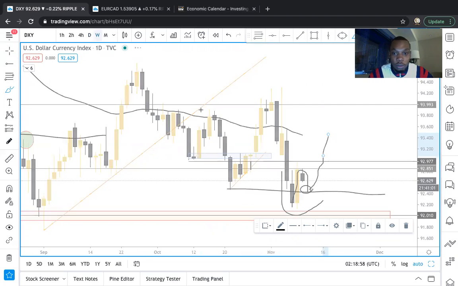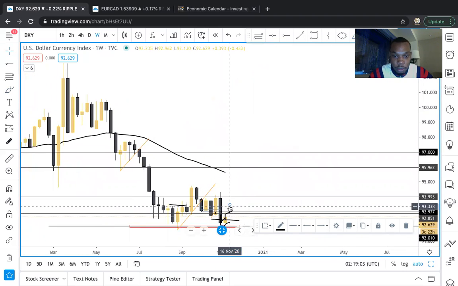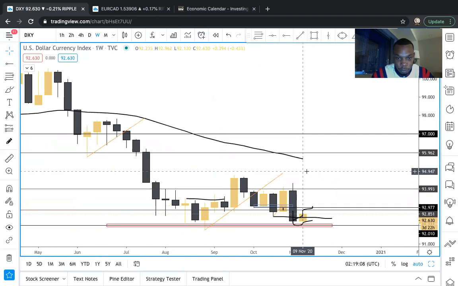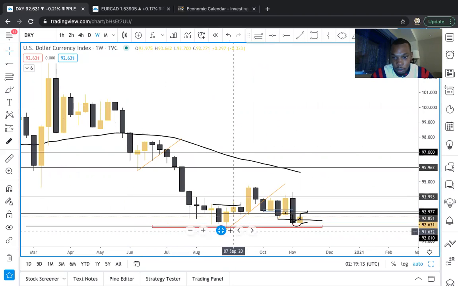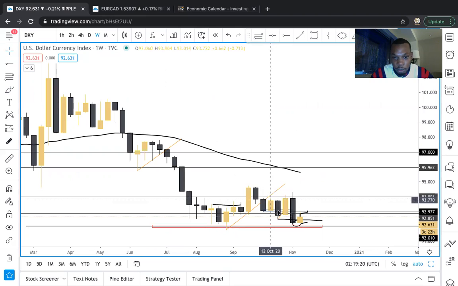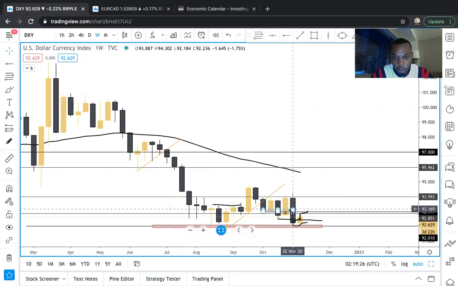Overall, looking at this on the weekly, you can see that the market is bearish. Let me just zoom in. So the overall trend is a bearish drop. Market came down towards 92.60, pushed up towards 94 resistance, dropped, pushed up towards 95 resistance, dropped, pushed up towards 94, rejected, bearish engulfing, shooting star, engulfed this previous